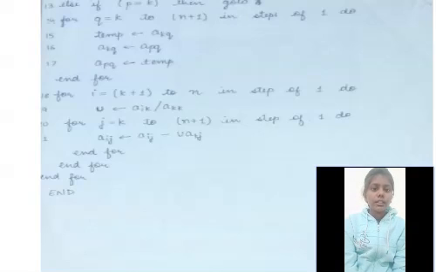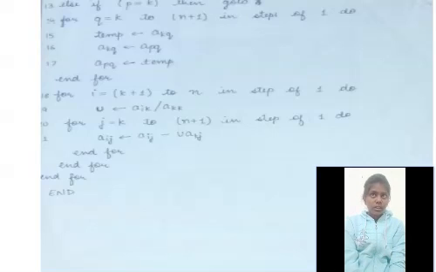We will check if p is equal to k. We will go to the fourth step again and follow the same procedure again. For that we have another loop, for q equals k to n plus 1 in steps of 1. It will have temp, akq and apq, where temp will store the value of akq, akq will store the value of apq, and apq will store the value of temp.